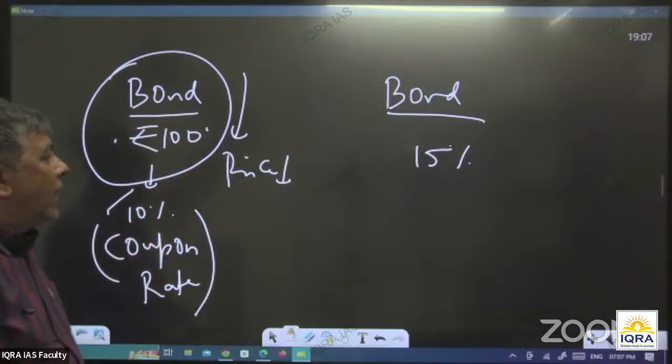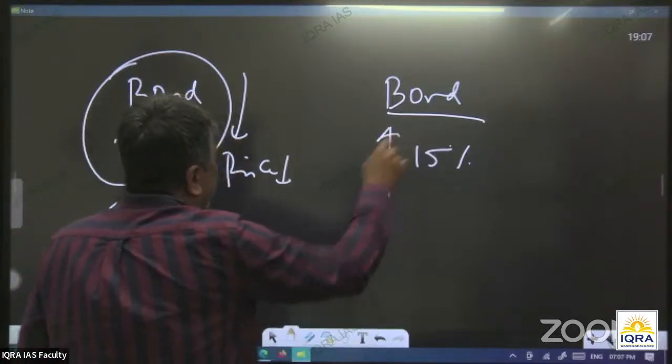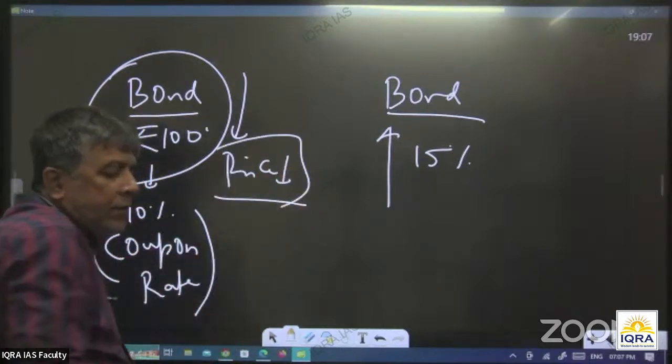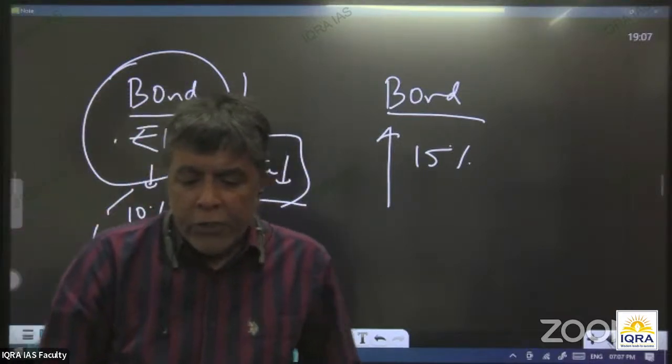So that's why you saw that when the rate of interest is increasing, prices of the bond are going to fall. This is one of the reasons. Other things are also there. So I hope that